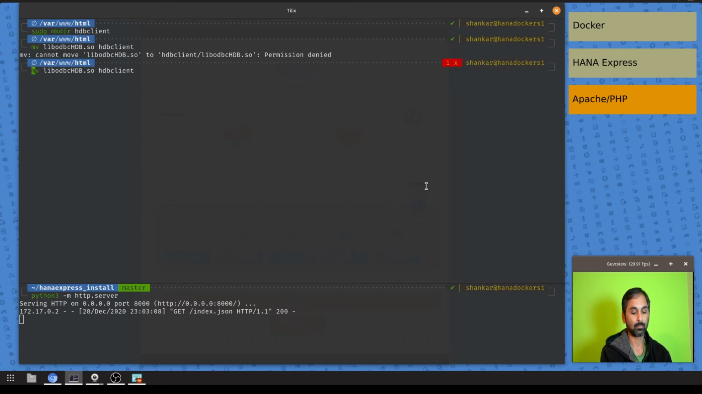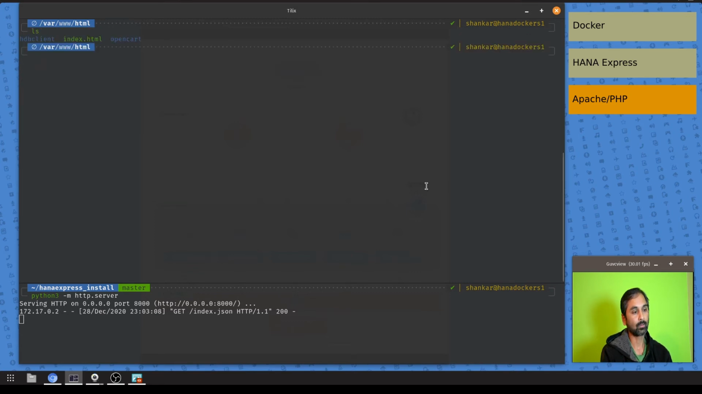We have to be root. Okay, so now we have our HANA ODBC driver for PHP. Now before running, we have to adjust one more thing. The PHP ODBC driver library file name needs to be adjusted. So we will do it in user lib